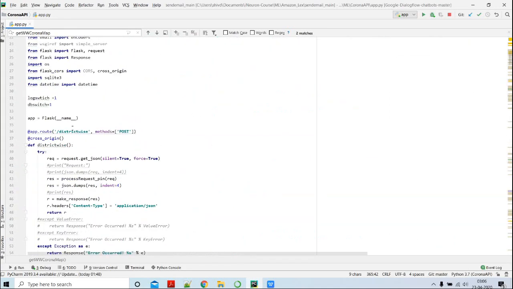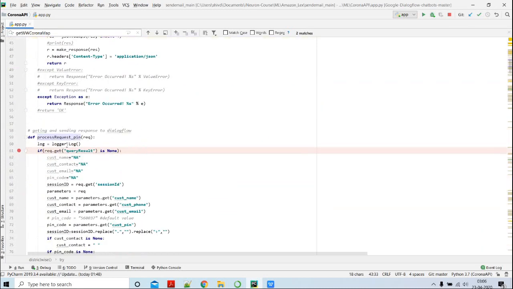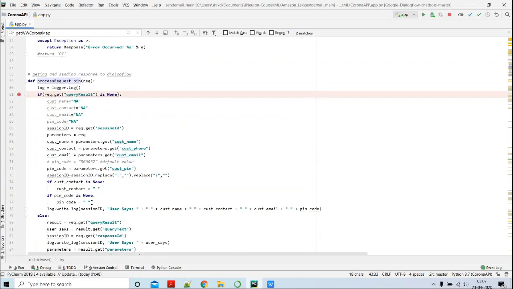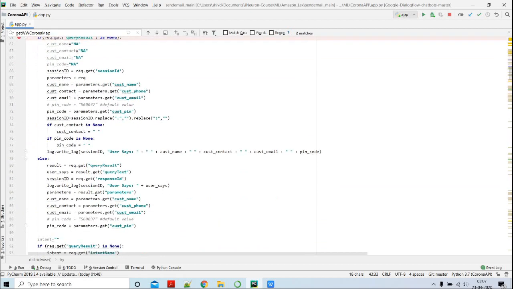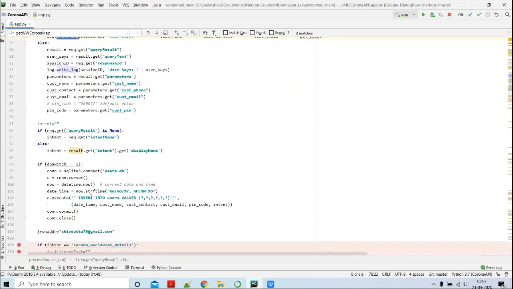Okay. Now there is a method called process request pin, and it calls another method called process request, where I'm extracting all the data from JSON. I'm writing a log over here, as well as capturing the type of the intent.